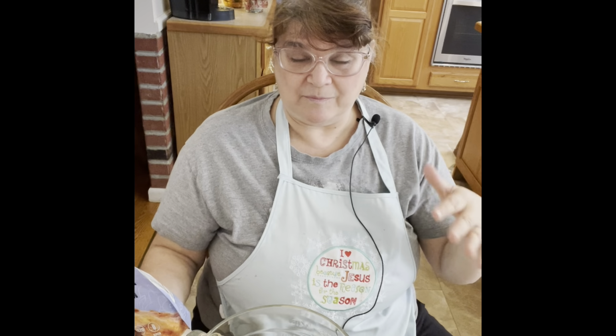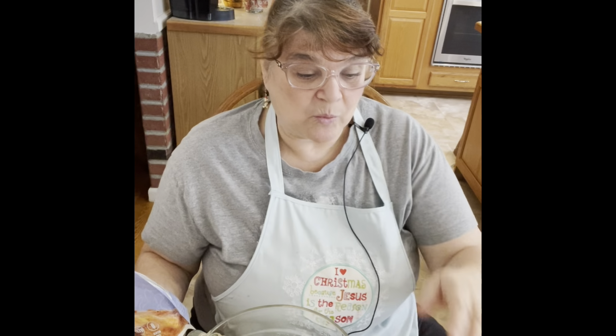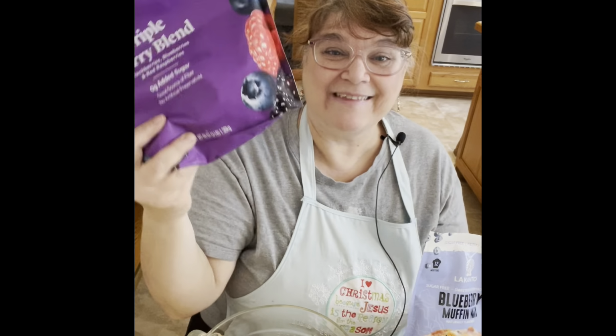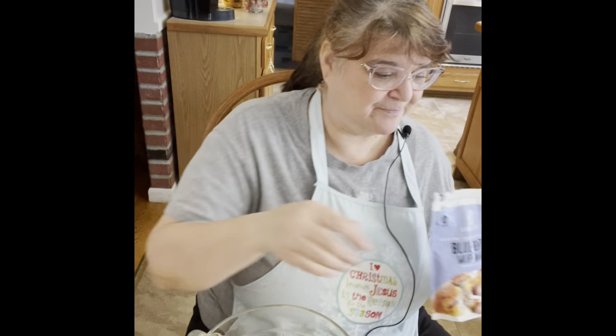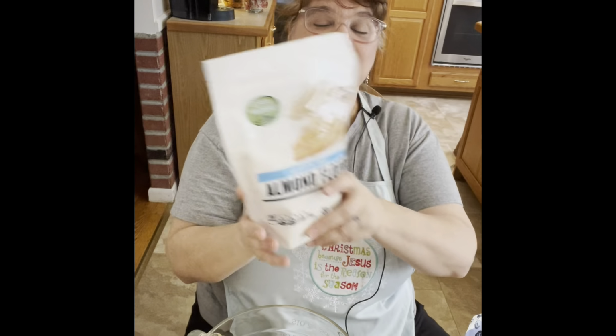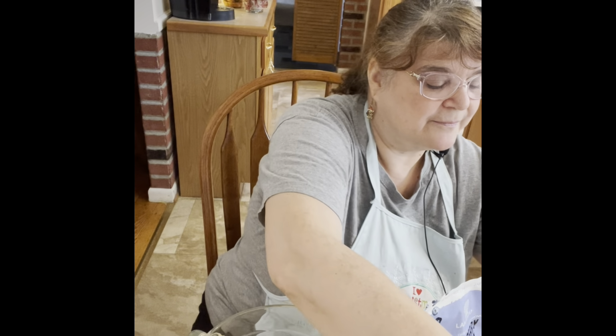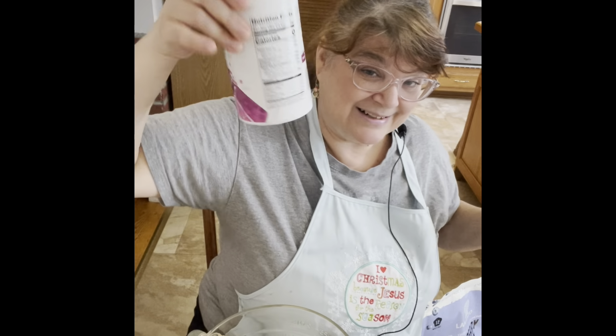For my family, which is right now just my husband and me, we don't mind a little sugar, and that's okay. So I'm going to add, and I showed you before, my raw sugar that I'm going to use. But I'm also going to add some frozen berries, because that makes it taste awesome. I like extra berries in my muffins. And because we're adding extra berries, to help the mix better we're going to go ahead and add some almond flour, which is the main flour that's in this. And so that's how it stays. And for flavor, we're going to add the